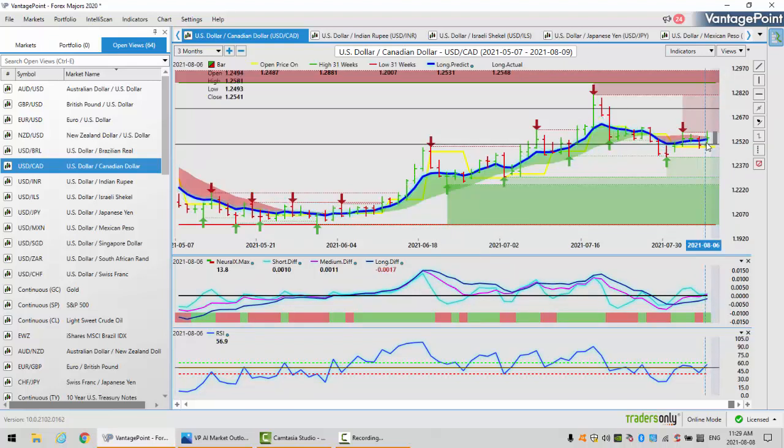That Vantage Point long predicted that number 125.31. The other option you can do here is put limit orders just below that. So if it does go crashing lower, you've got a limit order there sitting there waiting for that to happen.